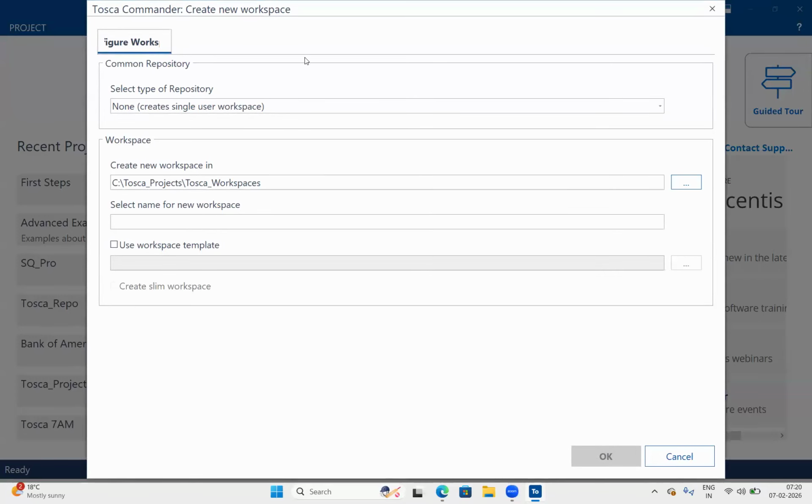Here, create project or create workspace is separated into two categories. One is common user repository, another one is workspace details. As I said, common user repository is a common place where the entire team is working together. Clear up to here?